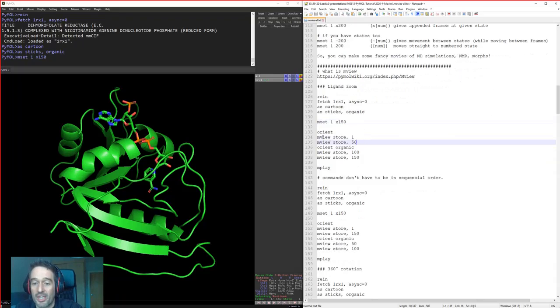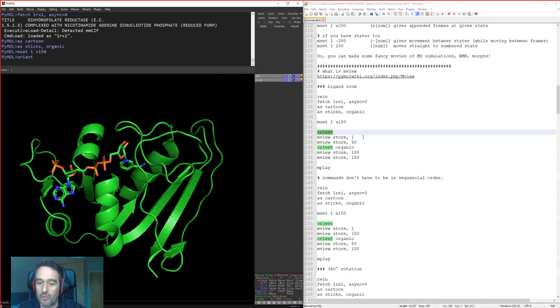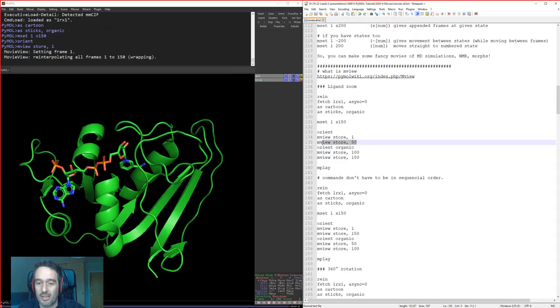Then we're going to use a second function called mview, and what mview does is it stores the movie viewpoints that the camera is in, and it assigns a particular frame to that particular place. So for example, we can say orient on our molecule, mview number 1, and then we can say mview frame 50, and you can see here I've got this little box here, so this is frame 50,